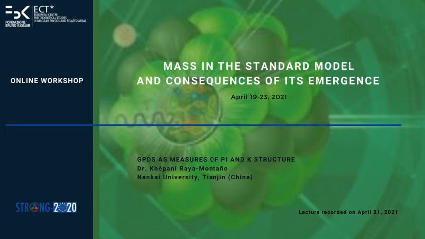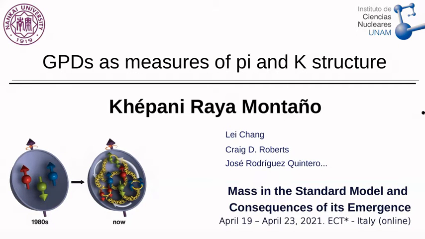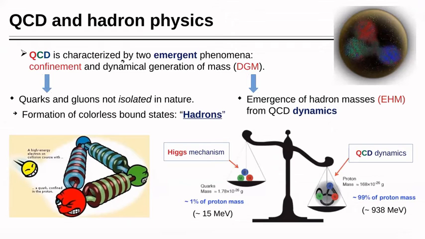Okay, thank you, Craig. So I would like to thank the organizers, and as my title suggests, I will talk about pion and kaon generalized partial distributions. So a brief introduction is that, as you know, QCD is characterized by two emergent phenomena, not